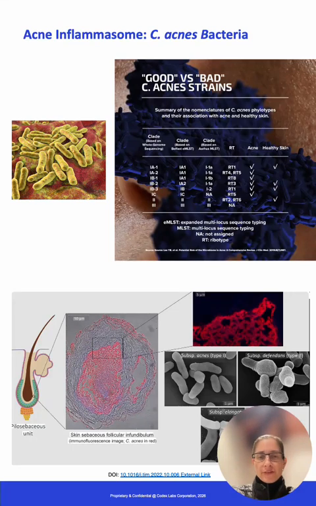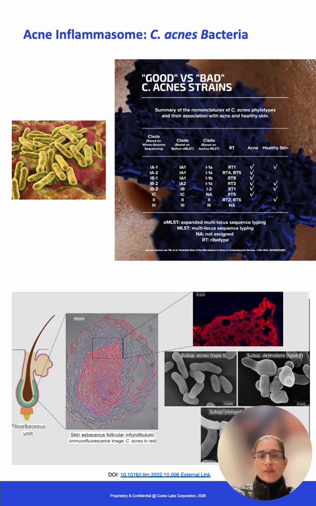Now let's talk about the different contributors to the acne inflammasome. First is the acne bacteria. Although Cutibacterium acnes sounds like a bacteria that will trigger the worst acne, C. acnes is actually a natural part of the skin's microflora and plays an important role in maintaining skin health. In fact, there are different strains of C. acnes, and some are commensal, that is beneficial, like strains Roman numeral 1A1, 1B2, 1B3, and Roman numeral 2, while others are pathogenic, that is bad, strains Roman numeral A2, 1B1, and you can see this summarized in the chart